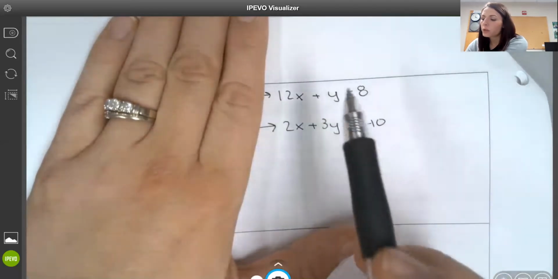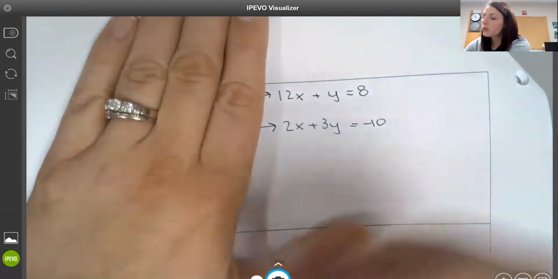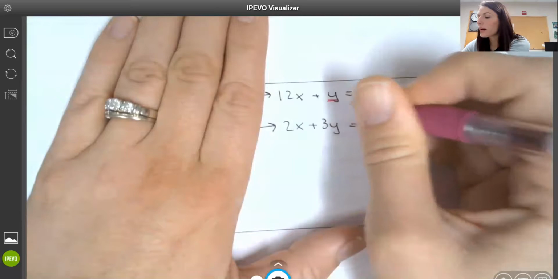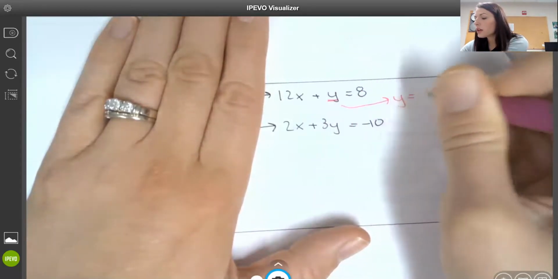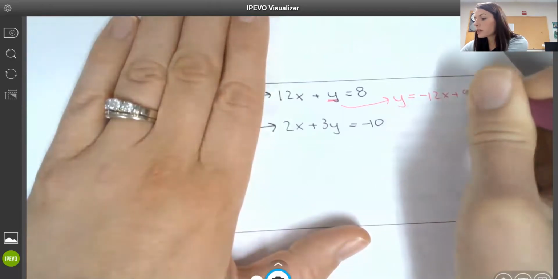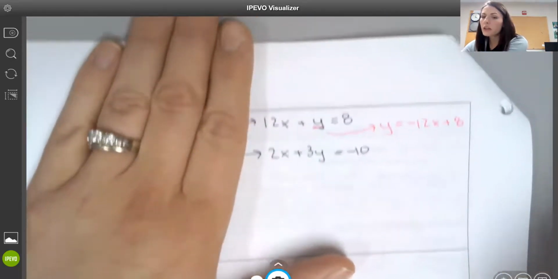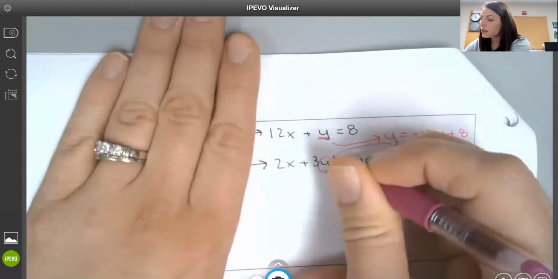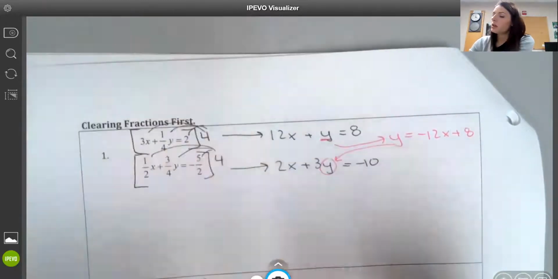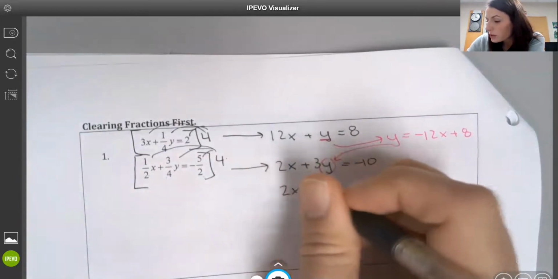Okay, so from this system, I would isolate y because it doesn't have a coefficient in front of it, or it has a coefficient of 1. So I know y is negative 12x plus 8. And then I'm going to take that and substitute it in for y in my other equation. So now I'm going to have 2x plus 3y